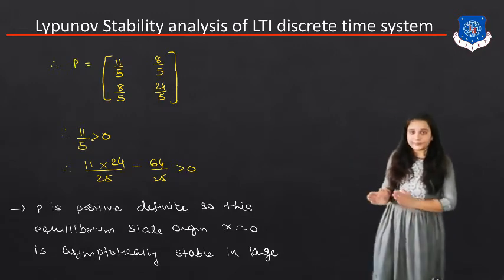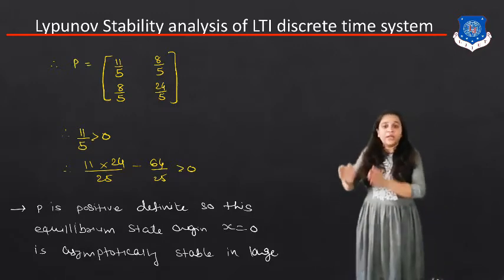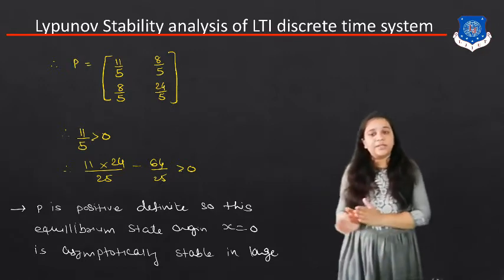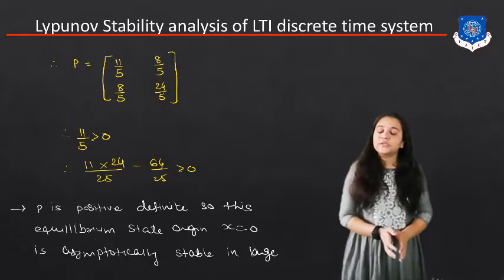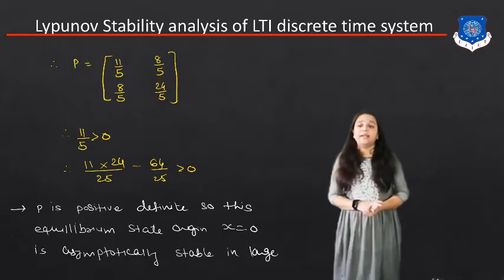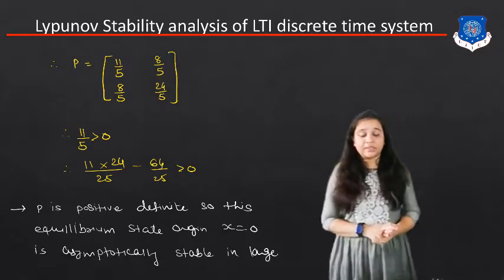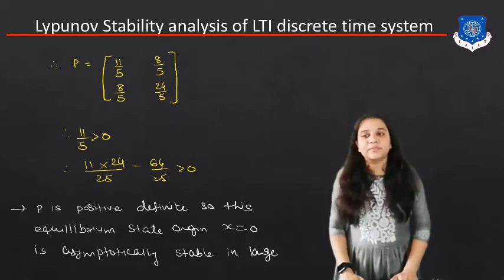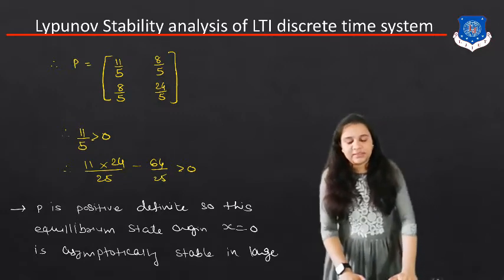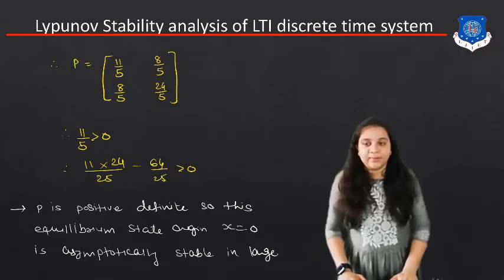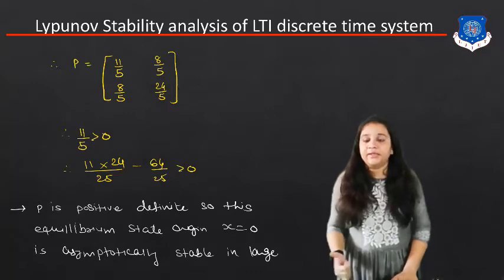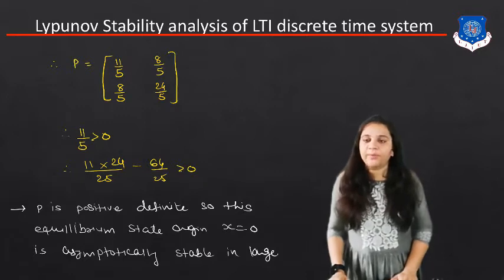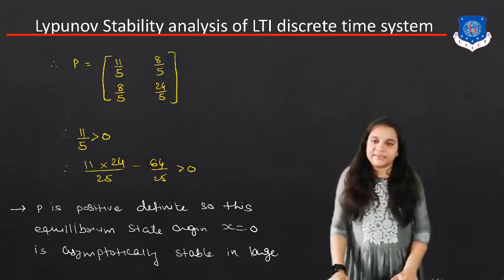Same thing for the root locus method. If all the poles and zeros are in the left half plane, that type of system is a stable system. If all the poles and zeros are in the right half plane, that type of system is an unstable system. And if the poles and zeros are on the imaginary axis, that type of system is known as a marginally or globally stable system. Clear? And here one more thing to check: we have to check the equilibrium point for this particular system.